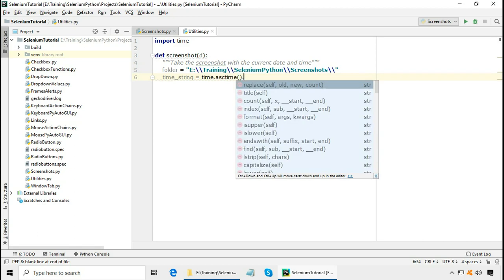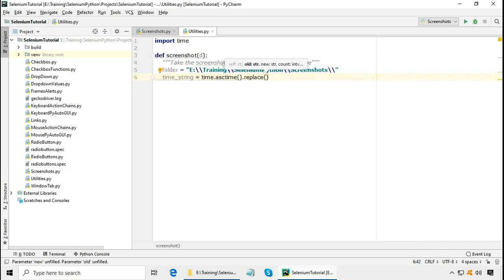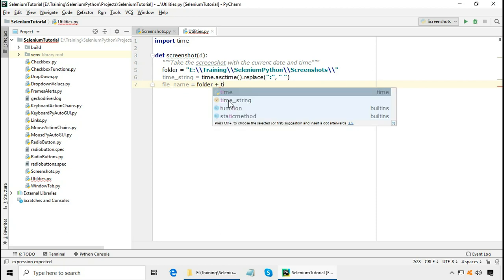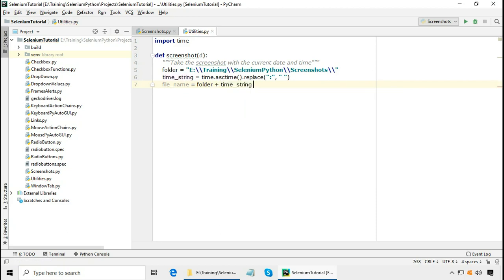So let me use the replace function and replace colon with a single space. Now I have the folder and the time string. Now I can craft the file name. File name is equal to folder concatenated with the time string, and I just need to give the file extension, which is .png.